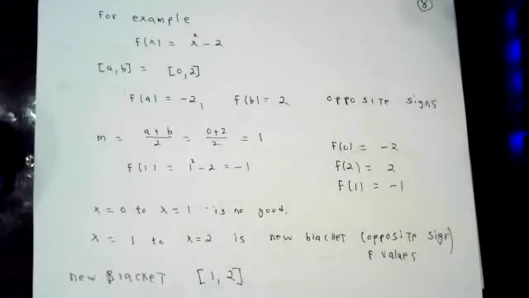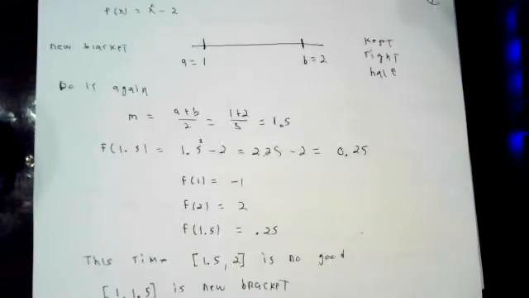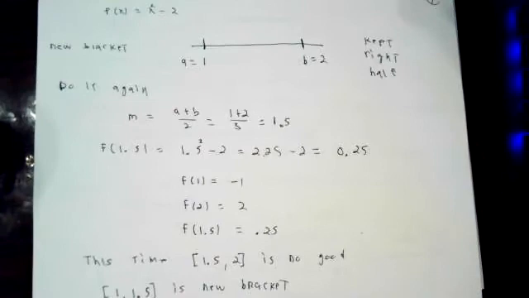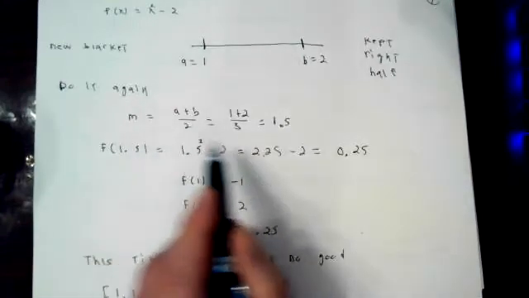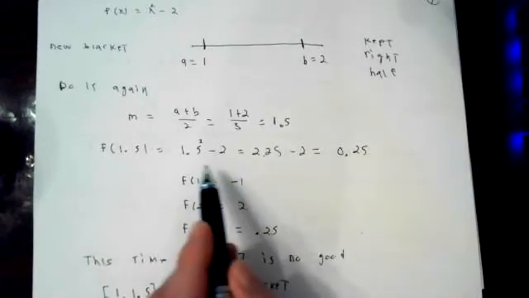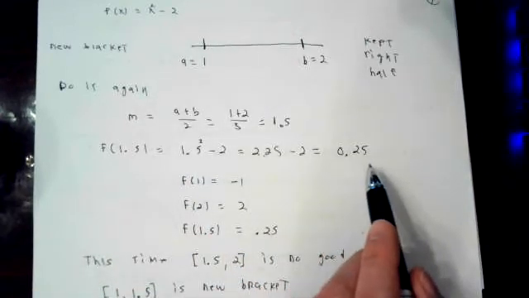This is the first step of bisection. Then do it again. I have a new smaller interval from 1 to 2. Calculate the midpoint, which works out to be 1.5. Calculate the function value that goes with that, which works out to be